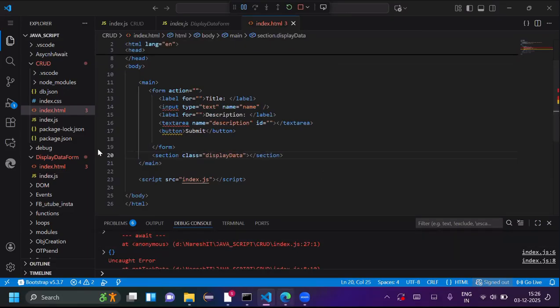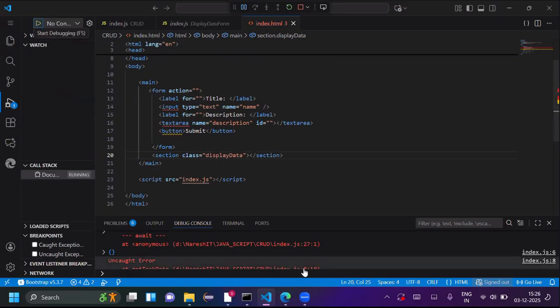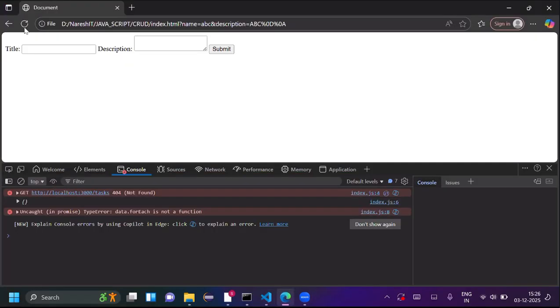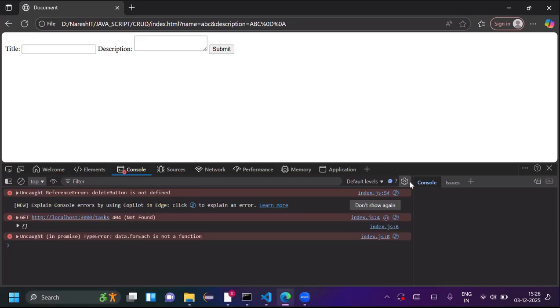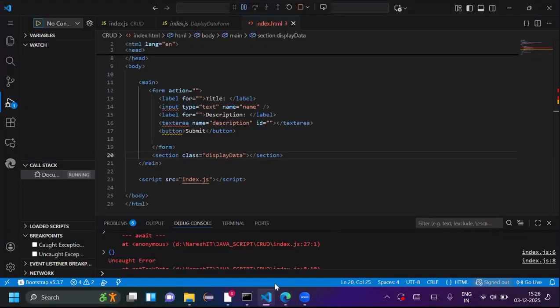चेक वंस। ओके, अभी इसे रन कर देता हूँ। लाइव पे जाओ क्या? लोकलहोस्ट टास्क वो चल नहीं रहा है, डेटा डॉट फेच इज नॉट ए फंक्शन, डिलीट बटन इज नॉट डिफाइंड। हाँ, थोड़ा कोड भी रह गया होगा लिखना। थोड़ा सा सर आगे पीछे चल रहा है। एक मिनट, तुम कुछ भी मत करो, सिर्फ दो ही फाइल ओपन करके रखो। क्रड वाला इंडेक्स डॉट जेएस, एक क्रड वाला इंडेक्स डॉट एचटीएमएल, ठीक है। अब इंडेक्स डॉट जेएस ओपन करो।